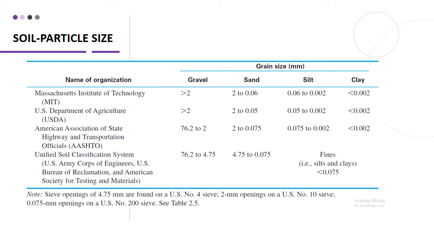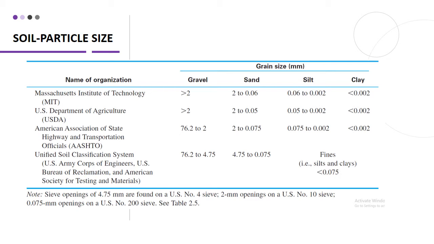Is of the size of 0.002 millimeters or less. Another one is the Unified Soil Classification System, also one of the most commonly used. According to them, 76.2 to 4.75 millimeter soil particles are considered to be gravel, and soil particles in the size of 4.75 millimeters to 0.075 millimeters are sand. And those soil particles that are smaller than 0.075 millimeters are considered to be silts